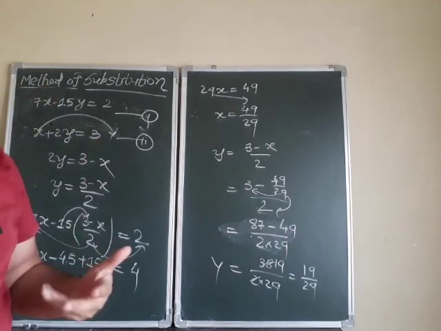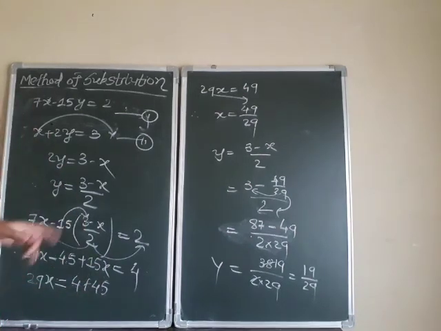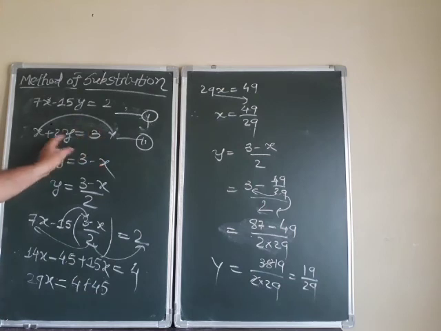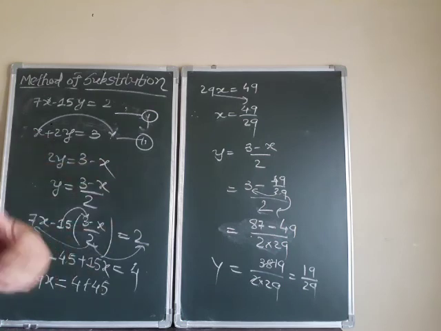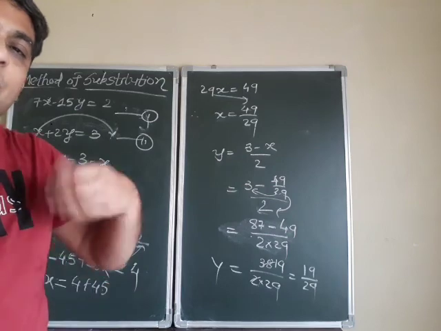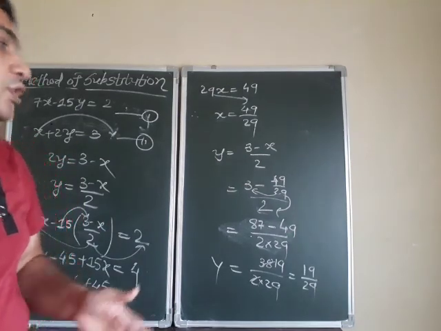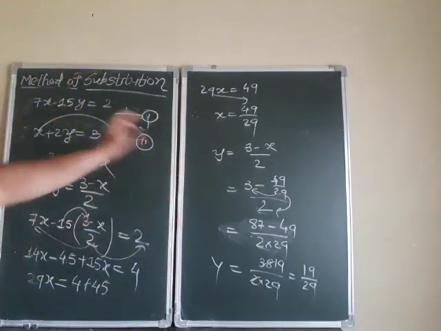Which one is easy? Now you decide what to substitute. Here I have substituted y, but suppose I substitute the value of x, so x is equal to 3 minus 2y. I hope that would be easy because here I get no terms in the denominator. So better I substitute x. You decide which one is convenient to you, and accordingly we take the decision.